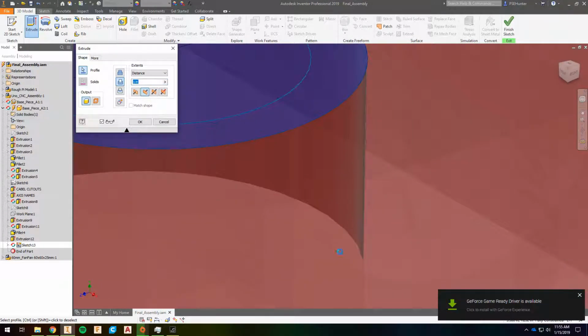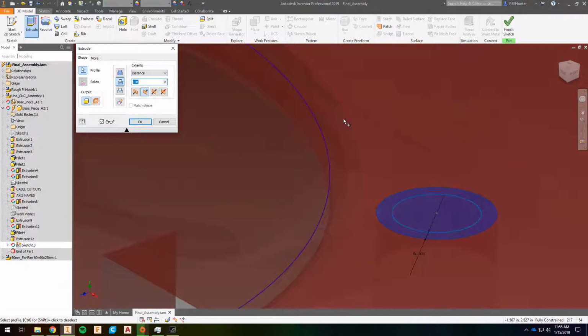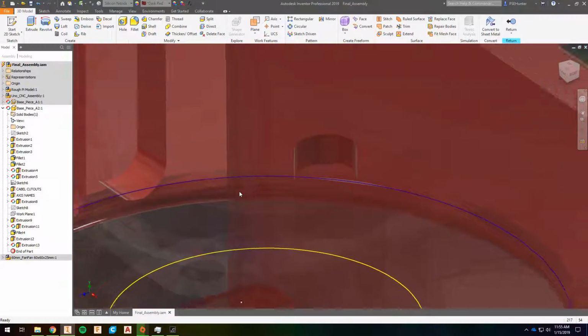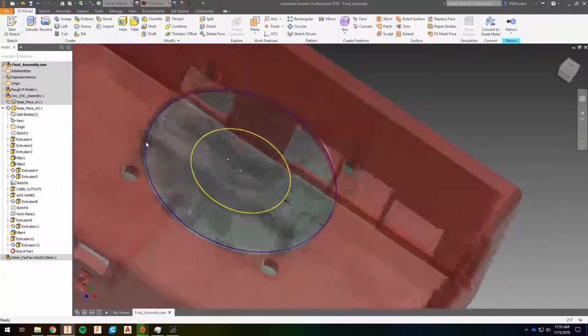Boom, boom. Boom, boom. Boom. Okay, and now those are all cut out, and so now you can see they're lined up perfectly with the